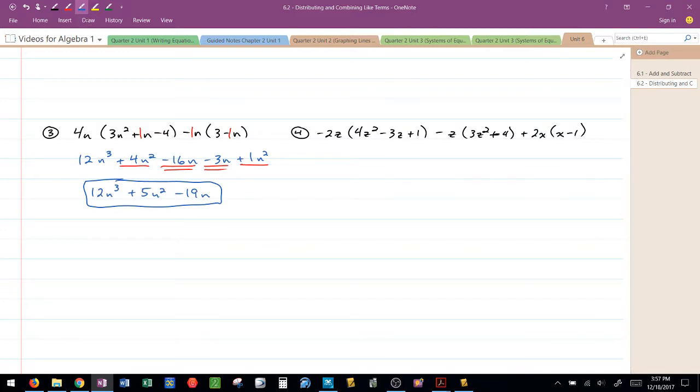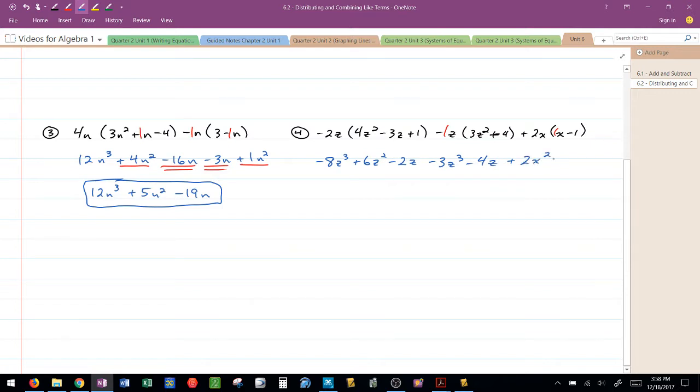So number 4 here, I'm going to distribute negative 2z. I have negative 8z to the third plus 6z squared minus 2z. I'm going to distribute a negative 1z. So that'll leave me with negative 3z to the third minus 4z. And I'm going to distribute a 2x, and that'll give me plus